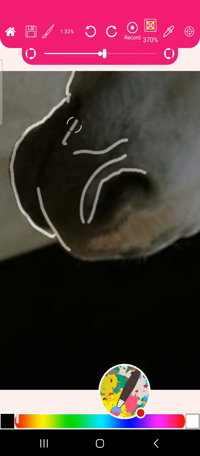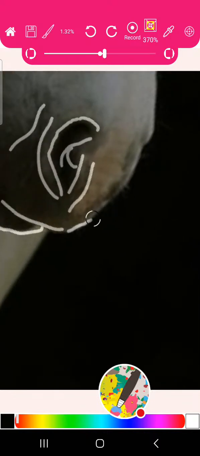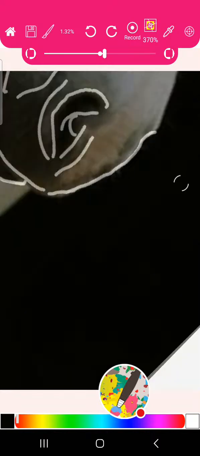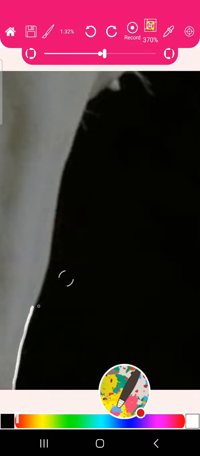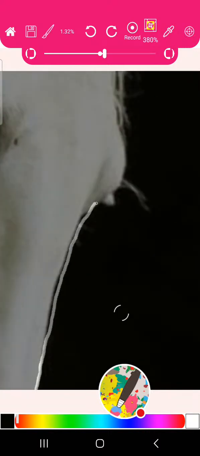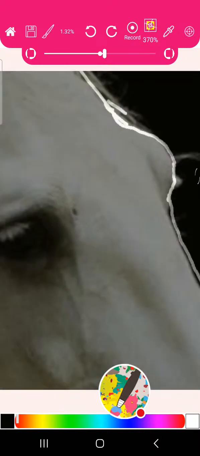So now, this is a line drawing we're going to do. Okay, so that's what we're going to do, just the line drawing. I'm going to do the head. And then I'm going to,